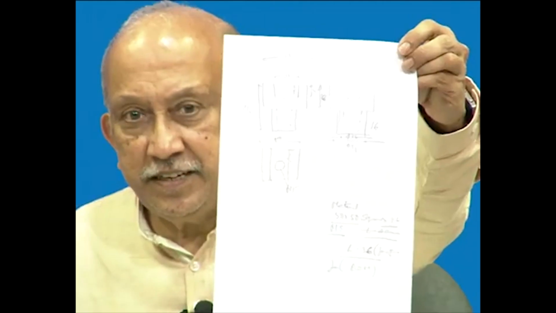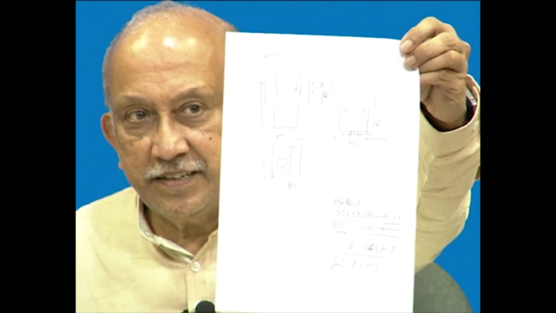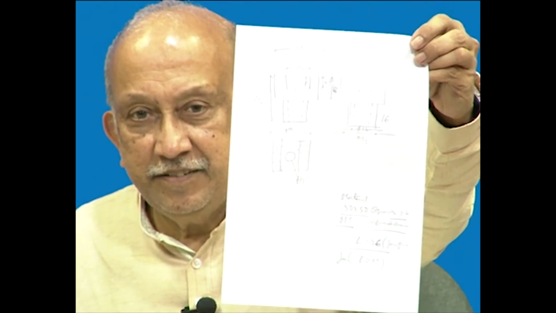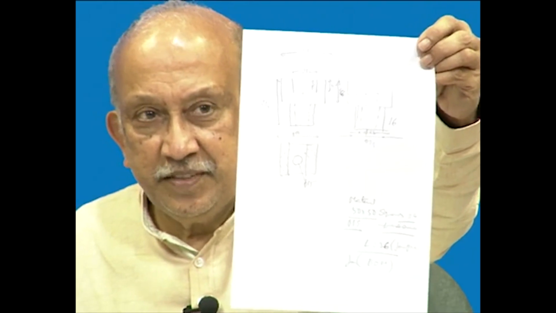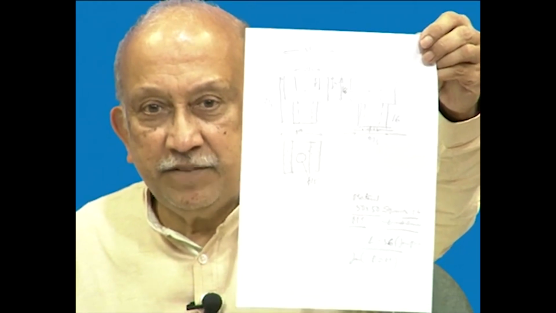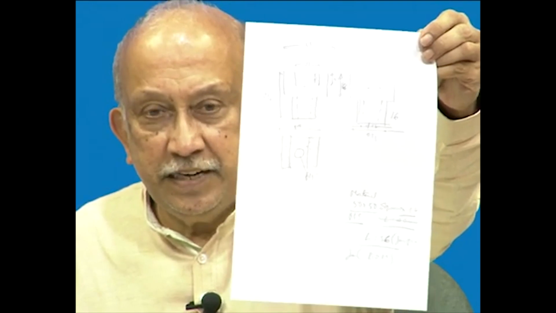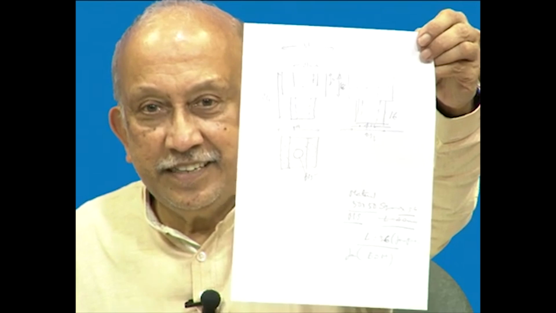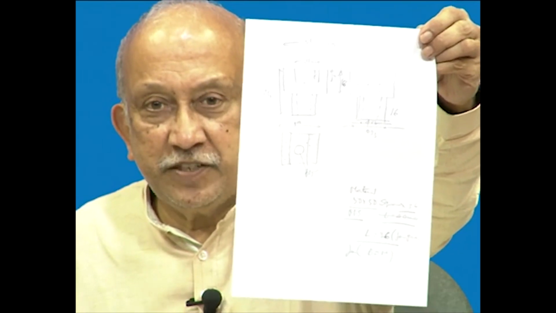So, if you see here, I have three views. On the top left is one view of the part, which I shall call elevation. At about the middle left, you see the plan view of it. Similarly, top right you see another side view of it, that is the left view is projected on top,